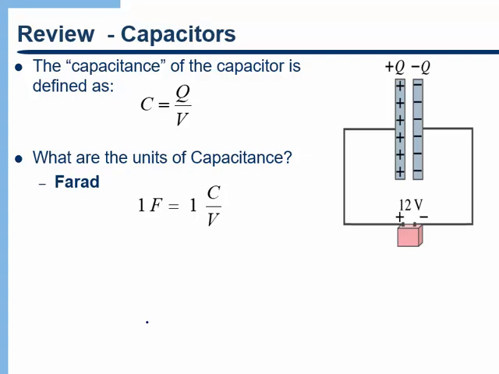To review what we've talked about with capacitors, we know that capacitors are fundamentally made up of two conductors separated by a small distance. And the easiest type of capacitor to visualize is just one that is made up of two parallel plates, as shown in this diagram. When we connect a capacitor to a voltage source or electric potential difference, like a battery, what we find is that the capacitor will charge up, and one plate will become positively charged, the other plate